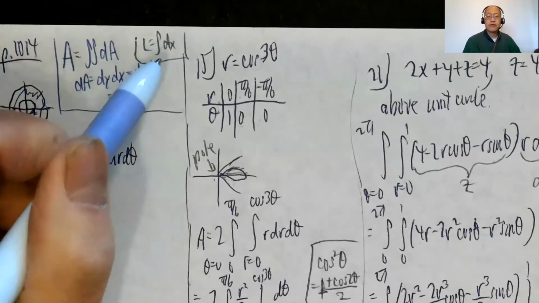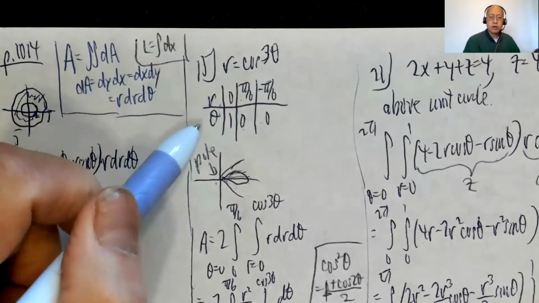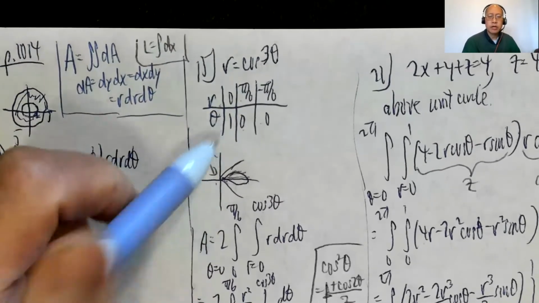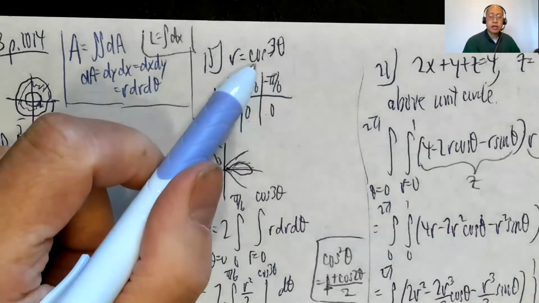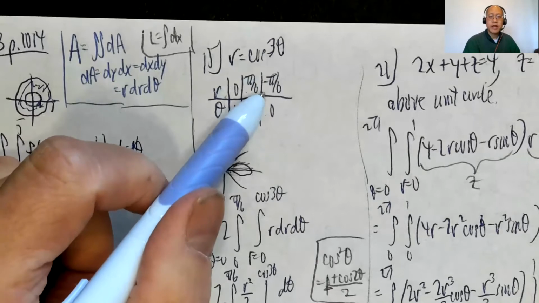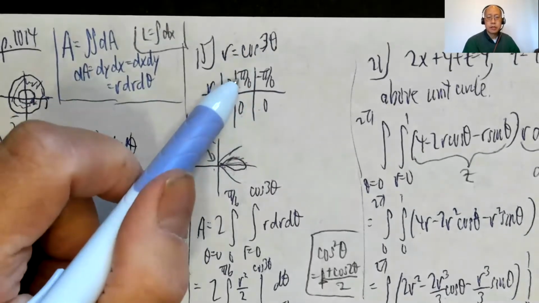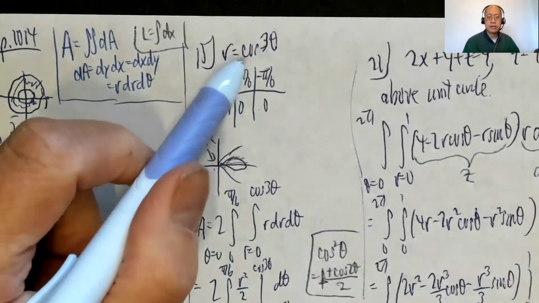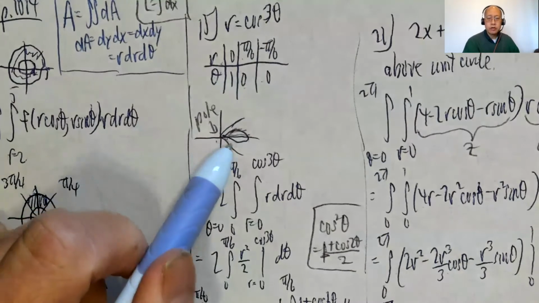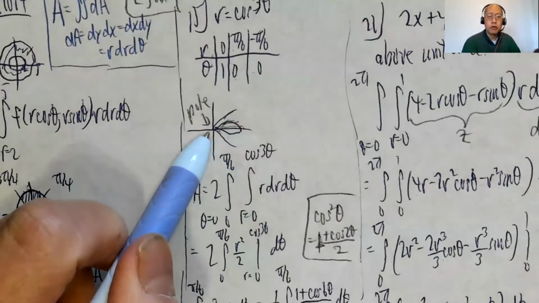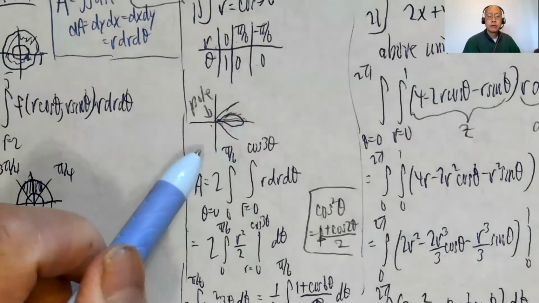Okay, 15, we're asking for one loop of R equals cosine 3 theta. So a quick table, you plug in 0, you get 1. Plug in pi over 6, you get 0. And then I realized because cosine is an even function, cosine of negative pi over 6 times 3 is also 0. Sorry, I said cosine of pi over 6. 3 times pi over 6, which is pi over 2. Cosine of pi over 2 is 0. Okay, so one loop looks like so. Here's the pole. Pole is another way of saying the origin in polar coordinates. Okay, so one loop,